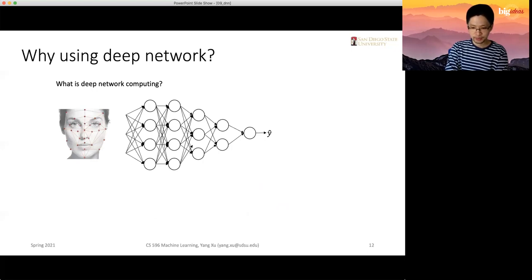Okay, in PyTorch, you don't need to care about the details of how the backward step is actually conducted, but technically there should always be some cache stored, which are the results from the forward pass. All right, so a little bit of knowledge about why we use deep networks. Okay, so far